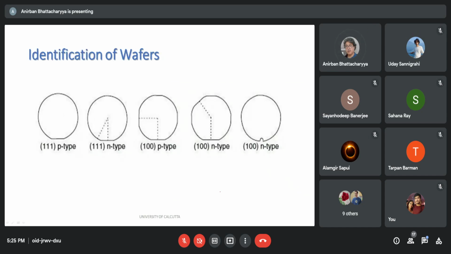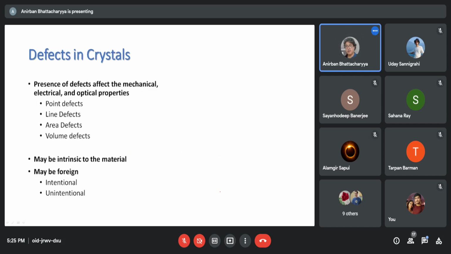And then the wafers are identified by, can you see it's not perfectly circular? So depending on that, you can identify whether it's a 111 p type, 111 n type, 100 p type, etc. So looking at the wafer, otherwise you will not be able to know, but the manufacturer makes these marks so that you are able to identify the wafer from the shape of it. These are industrial standards. Okay,